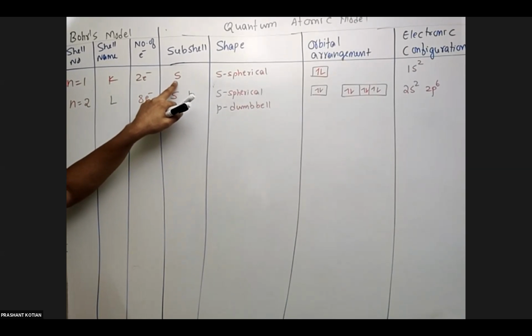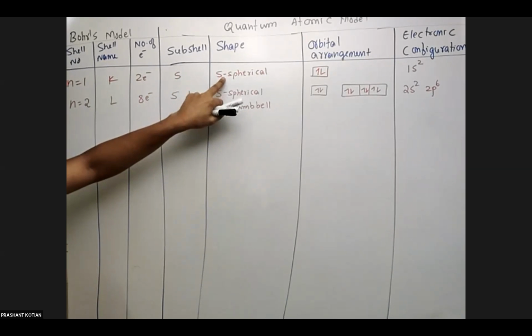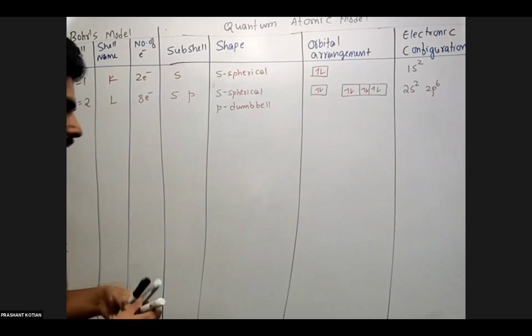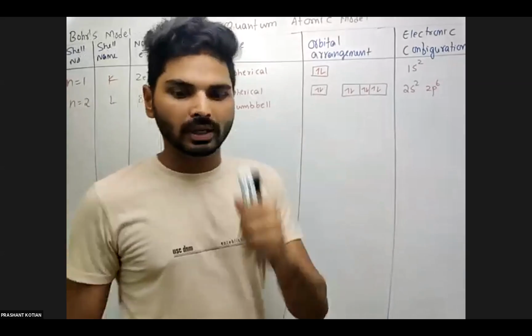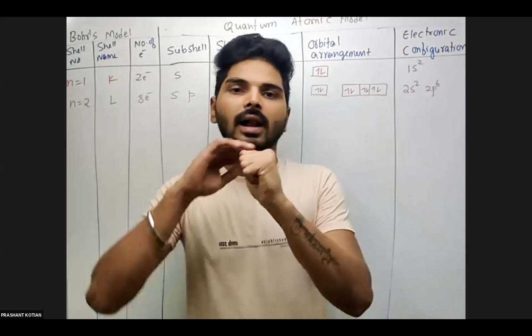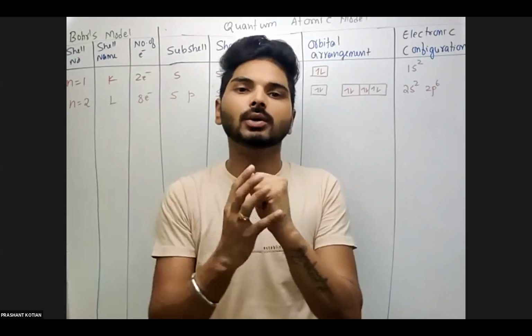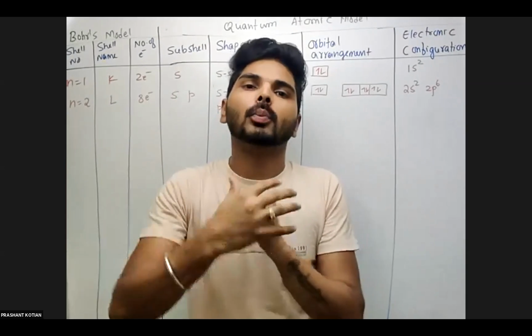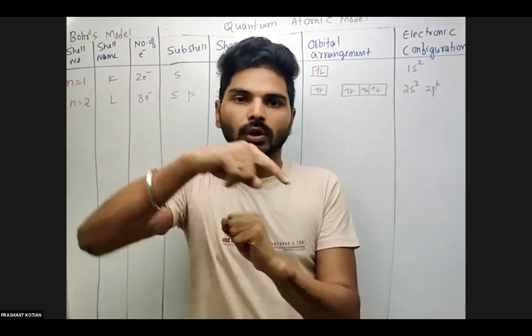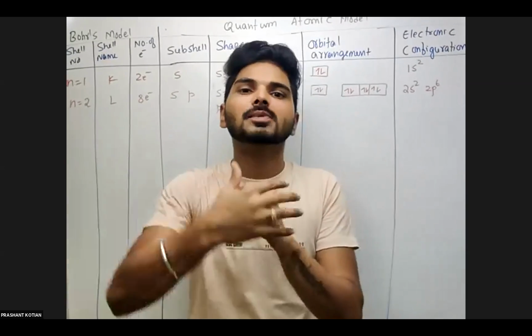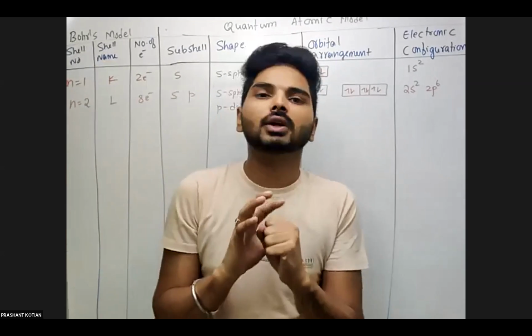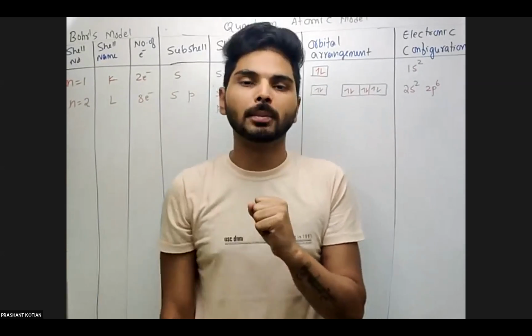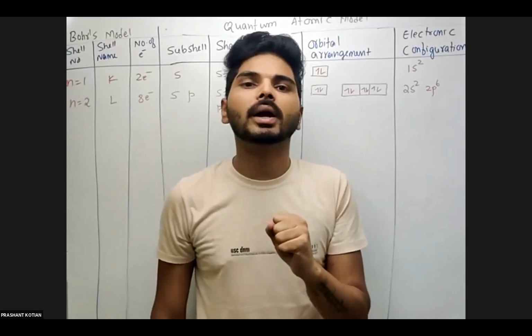And according to the quantum mechanical model, we have to consider something called a subshell. So here we are not considering circular movement. Here we are considering spherical movement. Spherical movement is a three-dimensional movement. So if I consider any nucleus, any atom, the electron will be revolving all over the nucleus in a spherical manner, thereby occupying all the three-dimensional space. So it is no more a circular motion, it is a spherical motion. Spherical motion will give you a spherical shape. Now the maximum it can accommodate is 2.